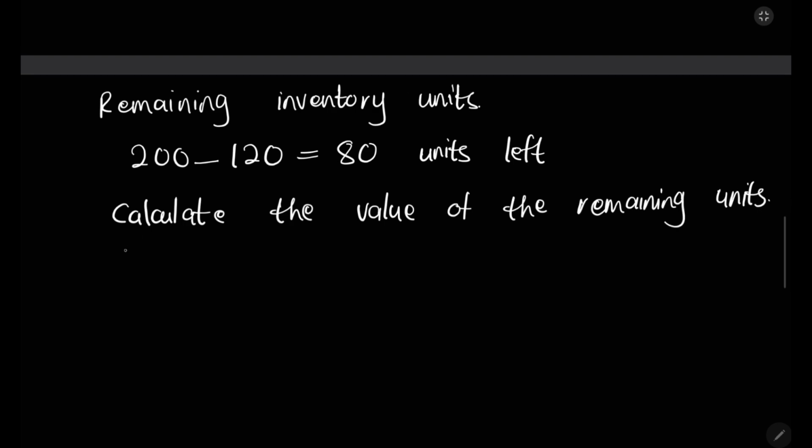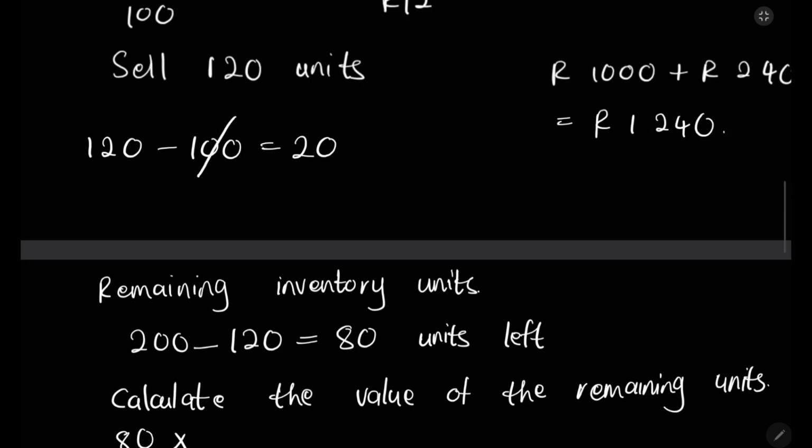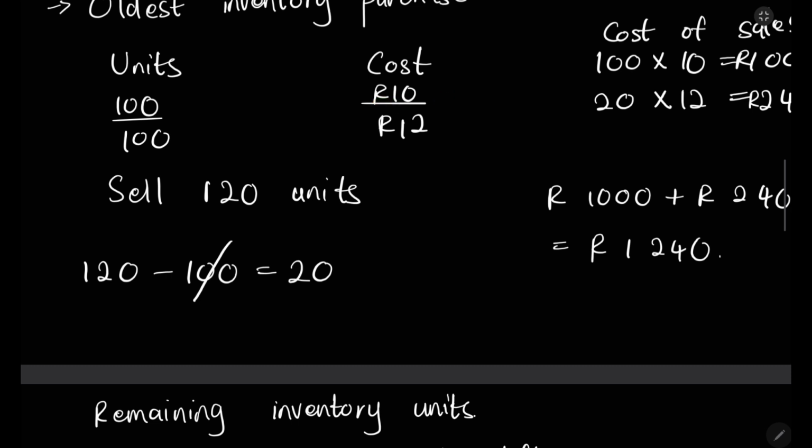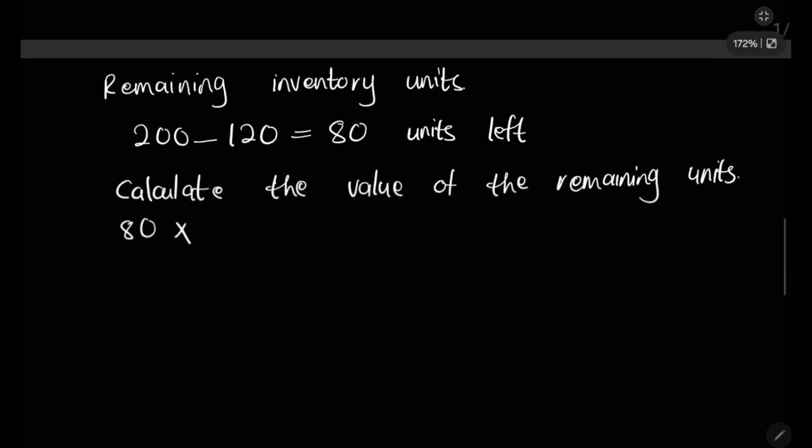We have 80 units left, right? So we'll say 80 times, do we say 10 or 12? We'll say 12 because remember it's the FIFO. We no longer have these units since we sold them. We're only left with this batch. We no longer have the first batch, we have the second batch. So that 80 is from the second batch. We have to multiply it with 12. So this will be 80 times 12, which is 960. So your closing inventory